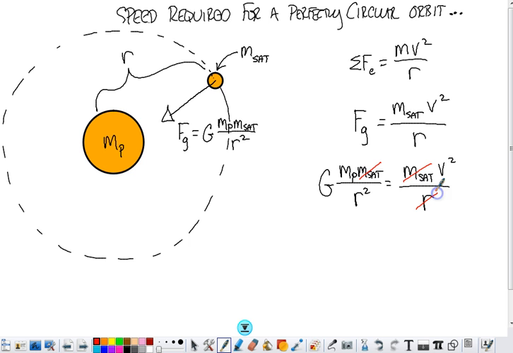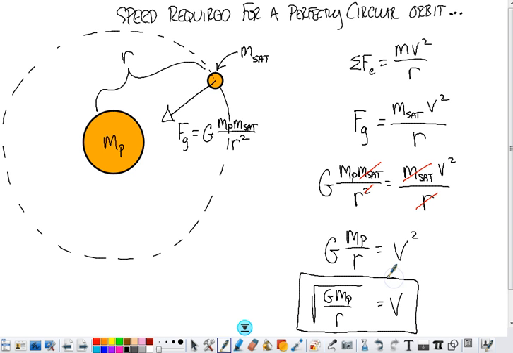Additionally, the radius on the right-hand side cancels with one of the radii on the left-hand side, leaving us with an expression of G, mass of the planet, over r, is equal to the speed squared. Square rooting both sides gives us v equals the square root of G, mass of the planet, over r,